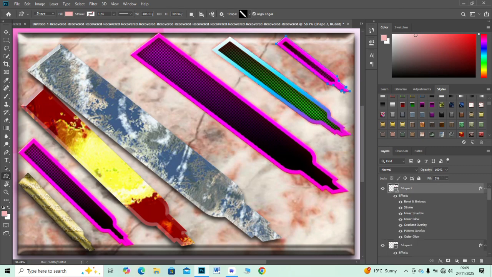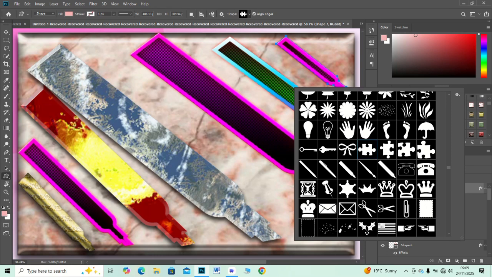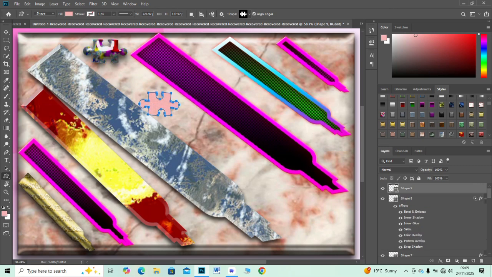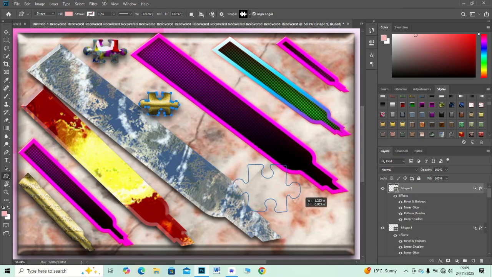Now zoom in for closer refinement along the edges. Drag the side points slightly inward to sharpen the anchor. Adjust the top anchors for a softer